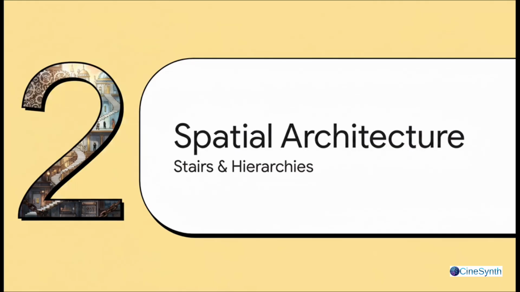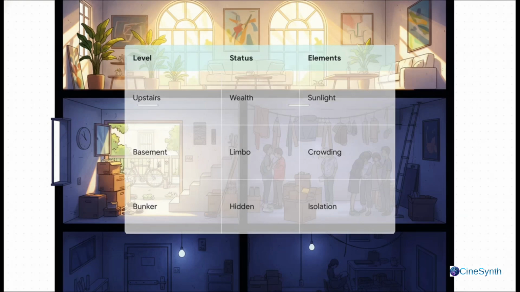Section 2. Architecture of spatial inequality. Now, Bong Joon-ho does something amazing here. He maps social hierarchy directly onto the physical environment. Right up top, in the Park house, you have the highest status. It's all comfort and wealth, defined by sunlight, wide open space, and total privacy. Drop down a level to the semi-basement where the Kims live, and you're in an economic limbo. It's totally precarious, you've got partial visibility to the street, exposure to the elements, and it's physically crowded.